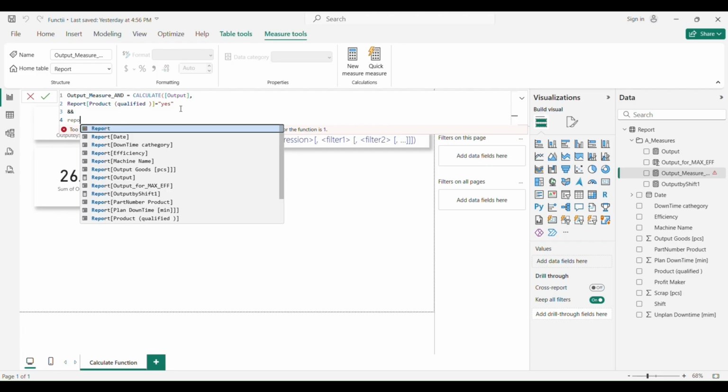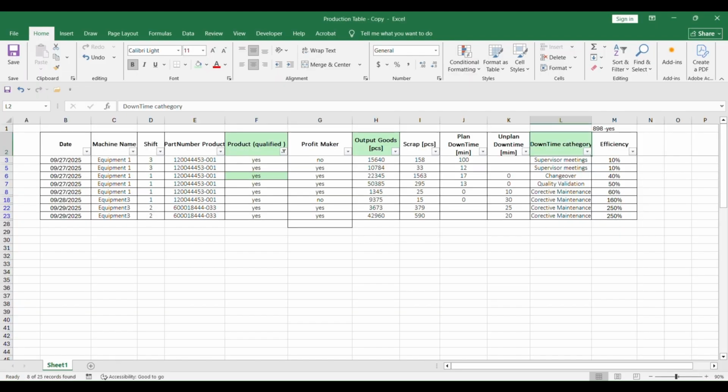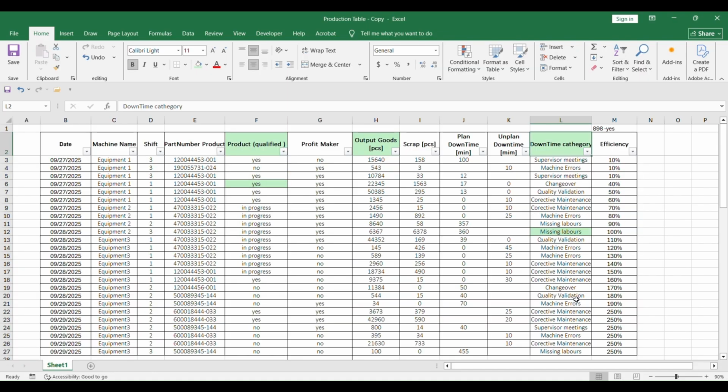So second filter will be report, and downtime category, it's here, equal to, and we say missing labels, but we don't have it here, so let me just find it. Missing labels.